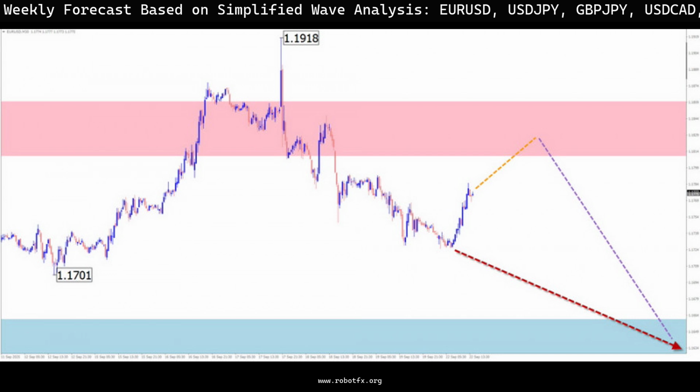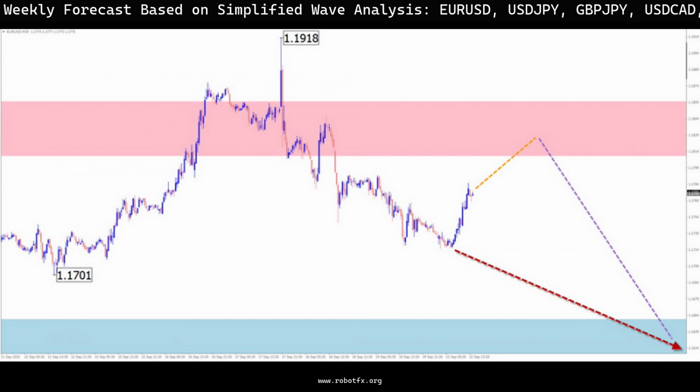Gold analysis: gold continues its bullish wave that began in October of last year. On the daily time frame, this wave is forming the final trend. The wave structure takes the form of a narrowing flat. Forecast: early in the week, expect a short-term price rise toward the resistance zone. After that, prices are expected to move sideways, forming setup conditions for a reversal and the start of a downward move. Potential reversal zones: resistance: